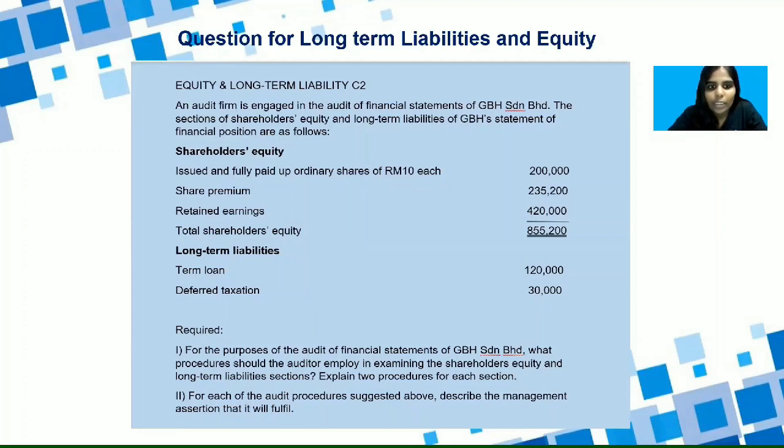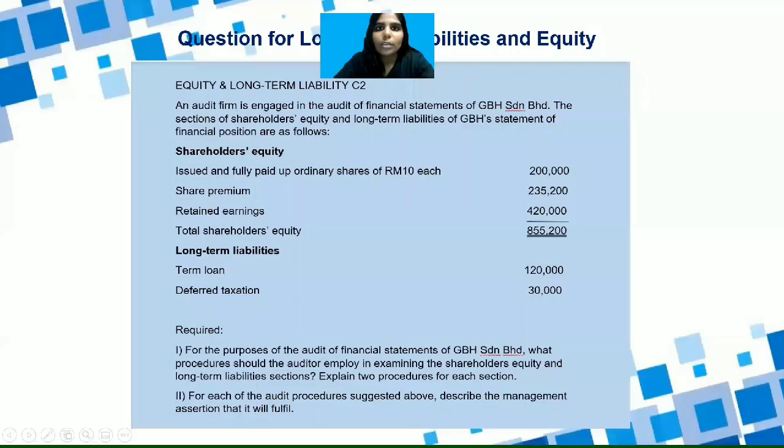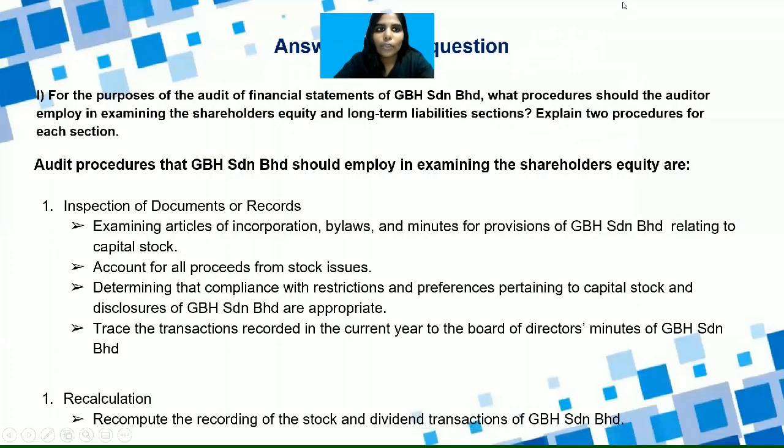So the required is: for the purpose of the audit of financial statements of GBS Sdn Berhad, what procedures should the auditor employ in examining the shareholders' equity and long-term liability sections? Explain two procedures for each section. So the answer for the question: the audit procedures that GBS Sdn Berhad should employ in examining the shareholders' equity are inspection